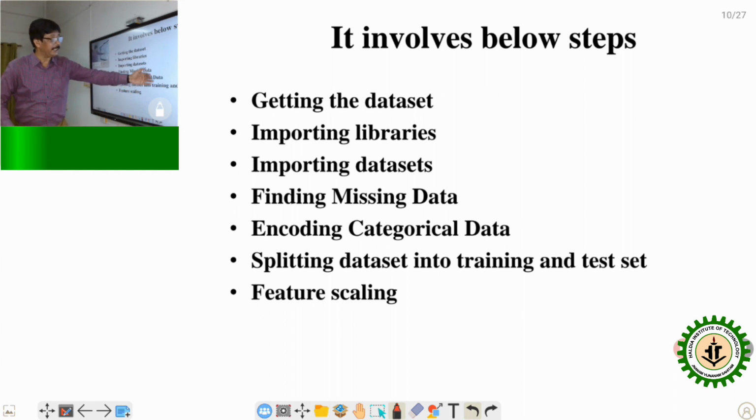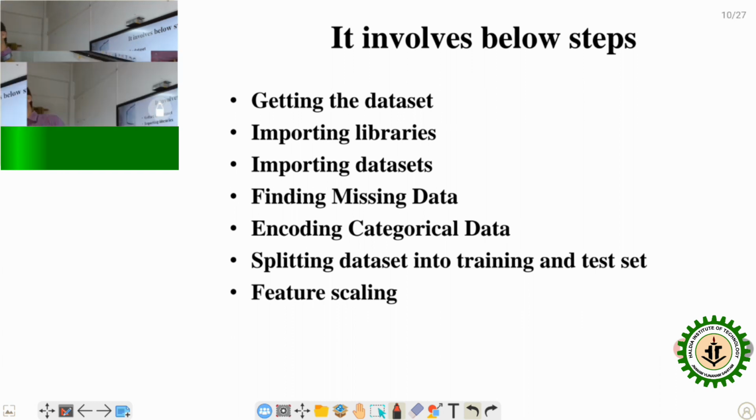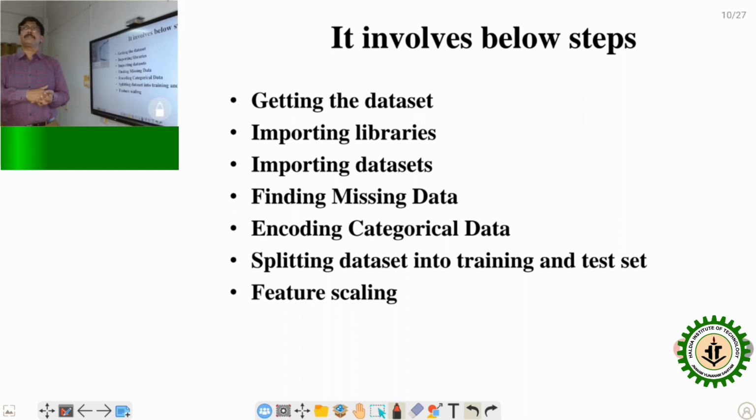Splitting data set into training and test set. Now we have got, say, 1000 sets of data. So normally what we can do, 70% data is for the training set, and the remaining 30% data will be used for the testing set. So with the 70% of the data set we have to go for the training using a machine learning model, and whatever results we got,